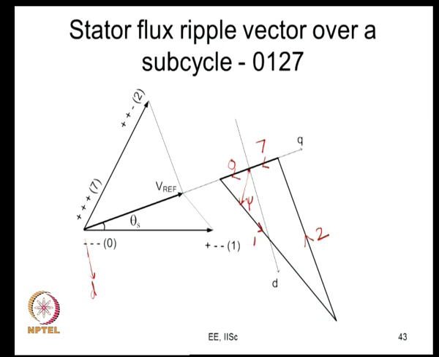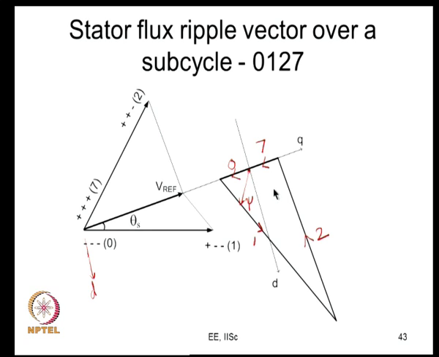Like pulsating torque. So, you are actually looking at the harmonics interacting with the fundamental flux. Your fundamental flux is along the d axis. So, you are looking at the pulsating fields which are perpendicular to that, these are basically caused by these harmonic currents, and it is your q axis ripple that is actually going to give you torque ripple. So, any ripple along the d axis is not going to, because your steady flux is along this direction. So, this is not going to interact. If you consider the ripple along the d axis, there is no cross product. So, you need some cross product. Whereas, your fundamental or steady flux being along the d axis, any ripple along the q axis would actually cause you the pulsating torque.